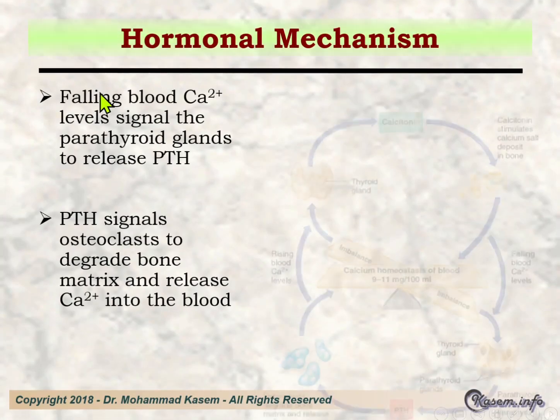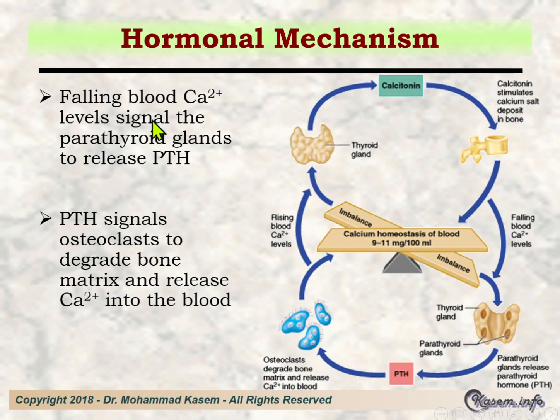Here, the falling of blood calcium levels stimulates the parathyroid gland to release the parathyroid hormone. The parathyroid signals the osteoclasts to degrade bone matrix to release the blood calcium. The two hormones are actually working against each other, but doing the necessary balance for keeping the